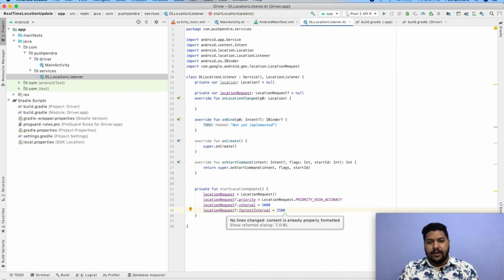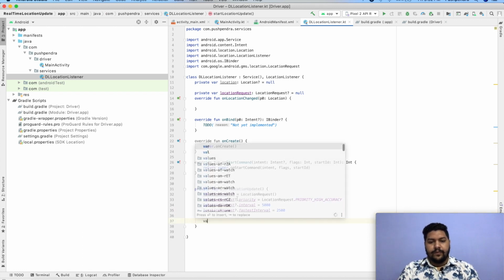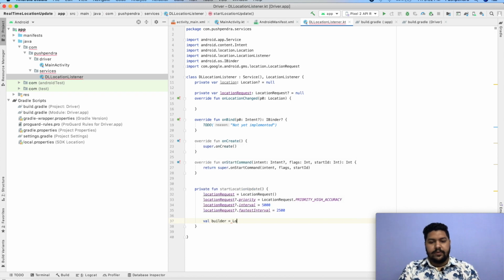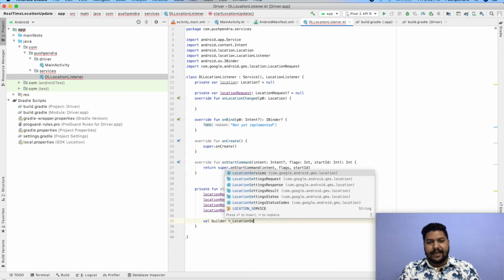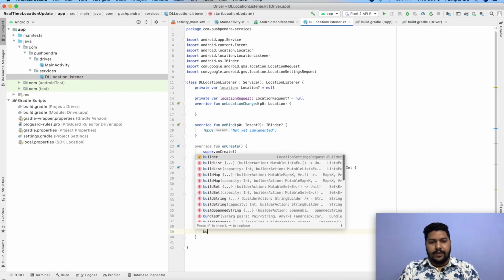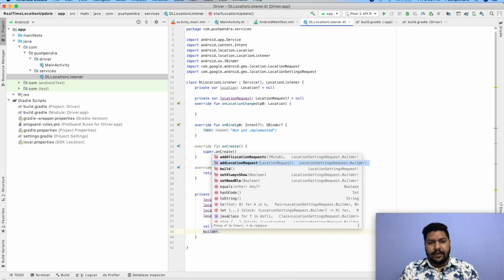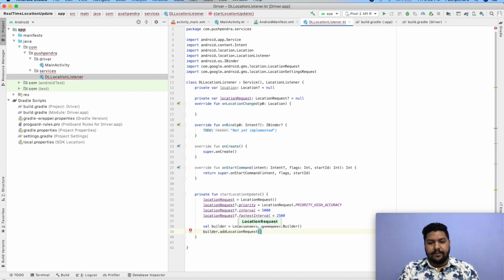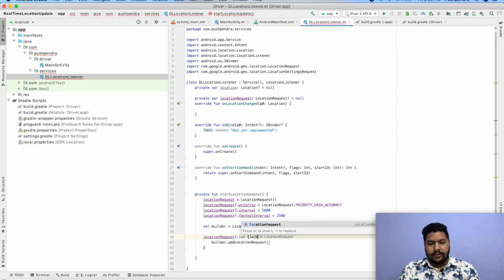Now what you have to do is we have to build a builder. So val builder is equal to LocationSettingsRequest.Builder. Now builder.addLocationRequest, and here we will pass, before that we will validate locationRequest with the let keyword. It will be locReq, done.